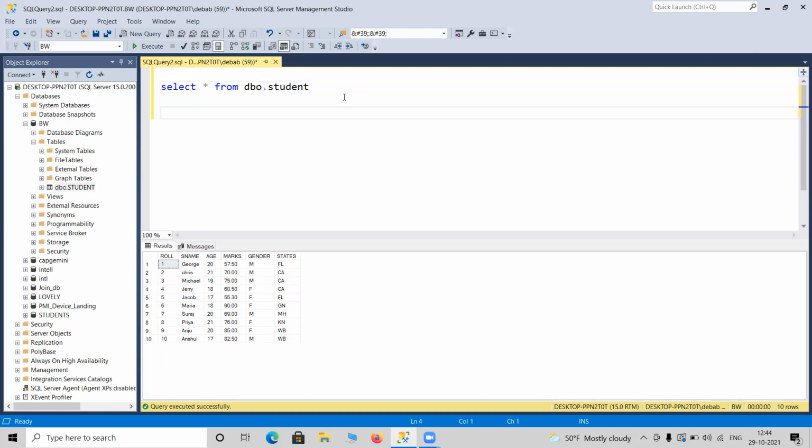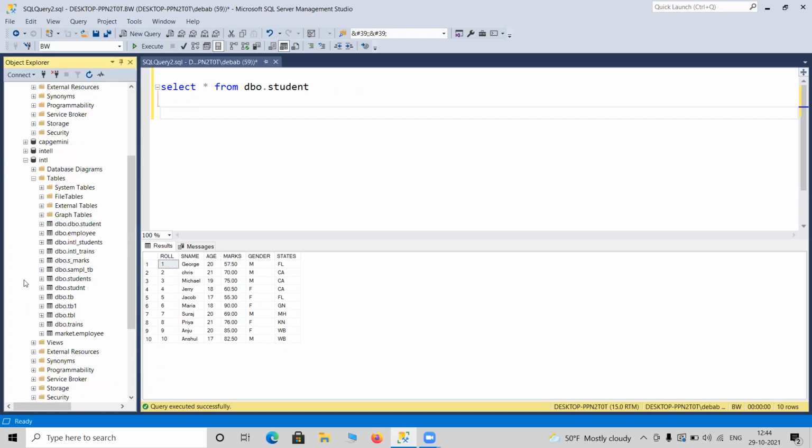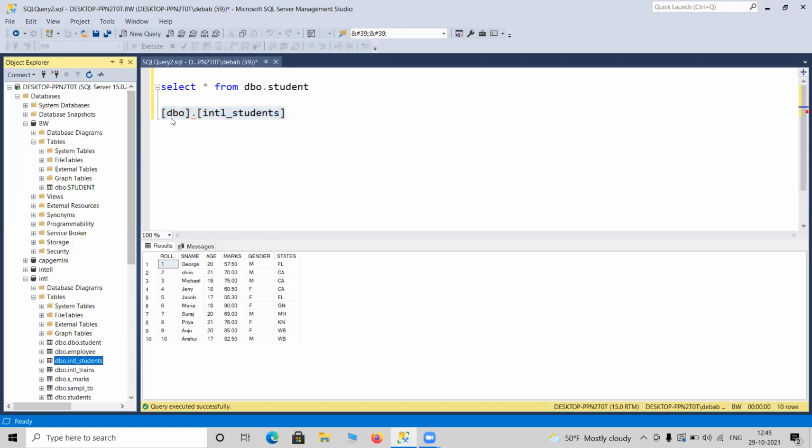If I want to check some tables from another database, what can we do? We have multiple databases created here for multiple other classes. Suppose I choose this database, INTL, and we can get many tables. Let me take this one and drag it out here. So how do we check a table from a different database?